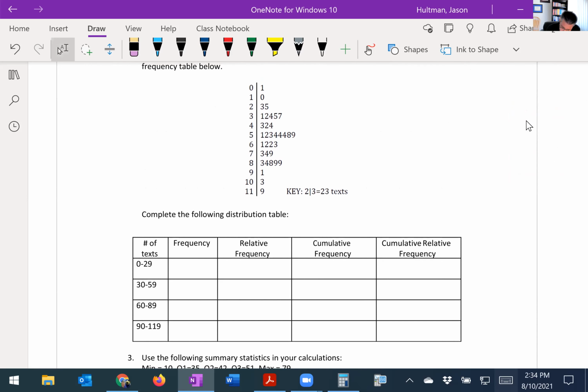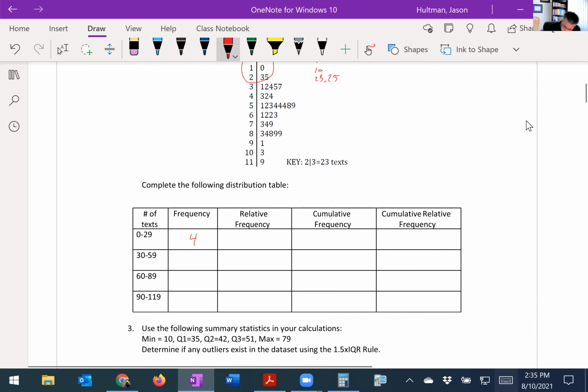Okay, so the frequency for 0 to 29. Okay, so if we were to look at this, this is 1. Okay, this is 10. This is 23 and 25. Okay, interpreting the stem and leaf plot. Okay, 23, 25. So how many are between 0 and 29? Well, there's 4 of them. There's these 4. Okay, what about between